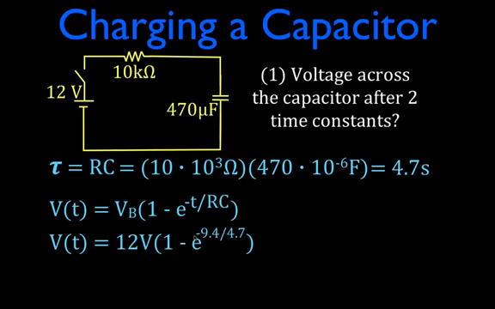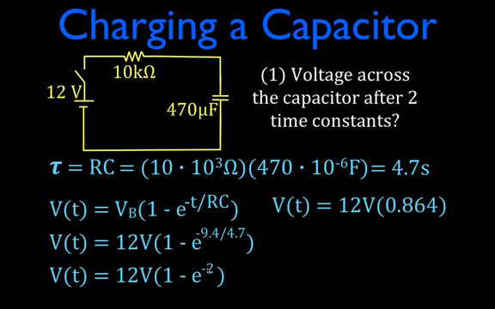So I'm just going to plug those two values in, which is minus 9.4 divided by 4.7, which is obviously 2, so we could have just gone here. I wanted to show you how that works with the time and the two time constants. But you see we have 12, which is the voltage of the battery, times 1 minus e raised to the power of minus 2, minus 2 because it's two time constants. And then we can figure out that the voltage with respect to time is going to be 12, because that's the voltage of the battery again, times